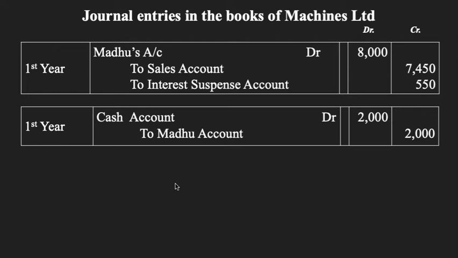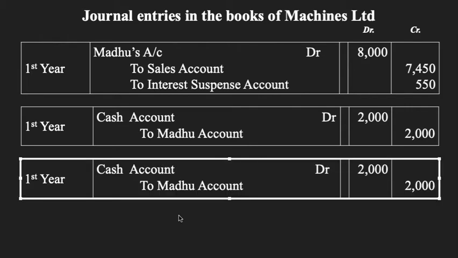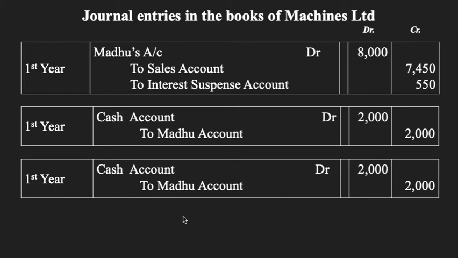After that, the first installment is paid by Madhu. The transaction for that would again be the same: cash account debit to Madhu's account, and the narration will be being the first installment received from the purchaser, right? So it will be like this: cash account to Madhu's account,